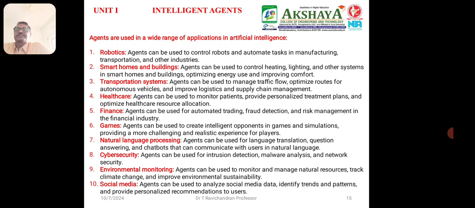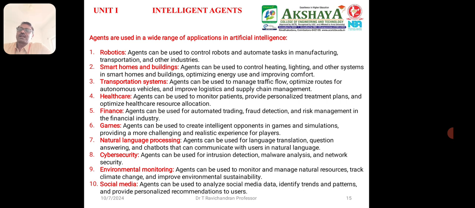To summarize: we discussed robotics; everyone knows robotic manufacturing. Smart home applications are a growing industry, and this is very important. Third is transportation systems. Nowadays more automatic cars are coming, which make decisions automatically to reach your destination. This is another fast-growing industry.